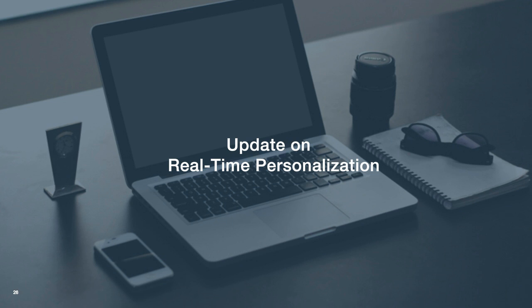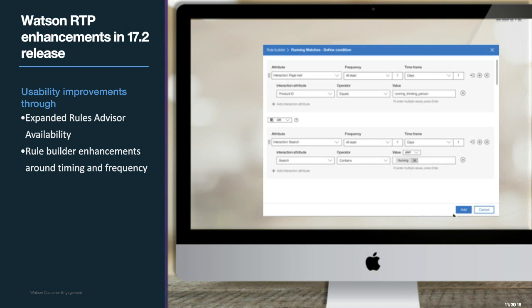So we did announce real-time personalization as an offering earlier. Now we're talking about some additional capabilities that we're going to see, specifically starting with the 17.2 release. So this one's pretty straightforward. You're going to see some increased Rules Advisor availability. So that's that cognitive capability within this offering that will actually make suggestions to you on which rules you can use,